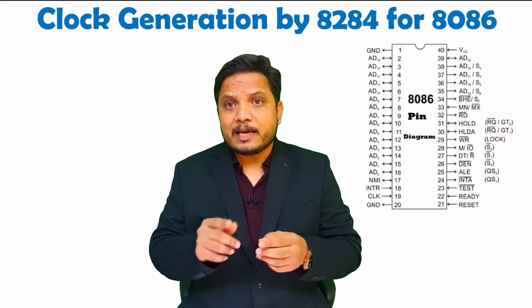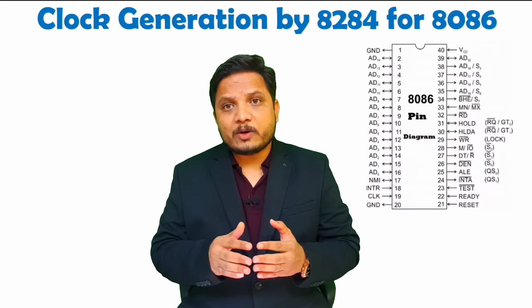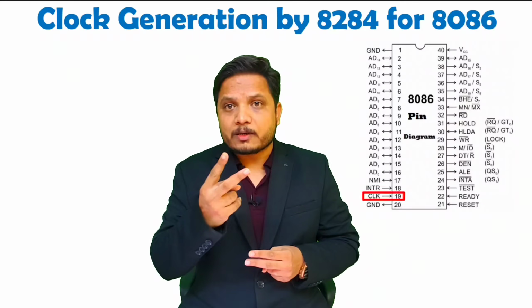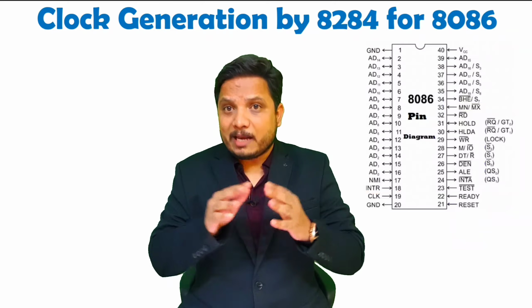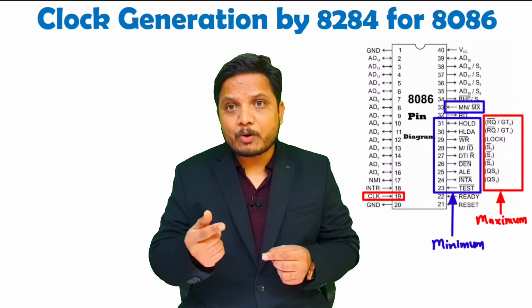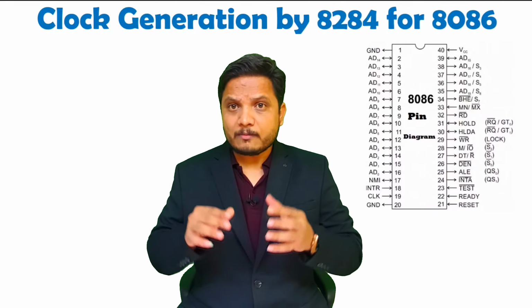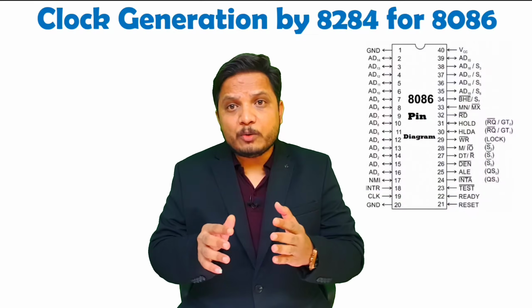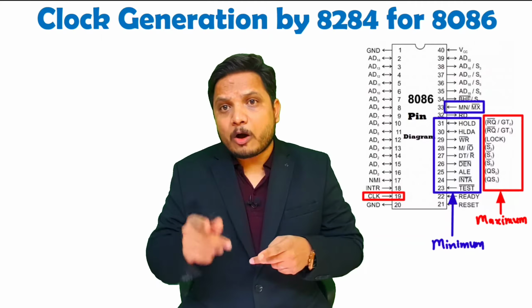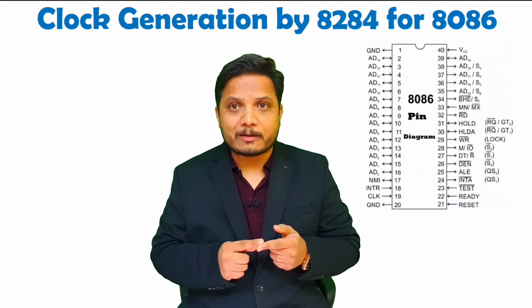My dear students, here is one more issue that you will observe. With microprocessor 8086, there are two operating modes, minimum mode and maximum mode. In minimum mode, the microprocessor is interfaced with peripherals, and in maximum mode, the microprocessor is interfaced with a coprocessor. So with peripherals as well as coprocessor, we need to provide a synchronized clock, right? So here clock synchronization is very essential.